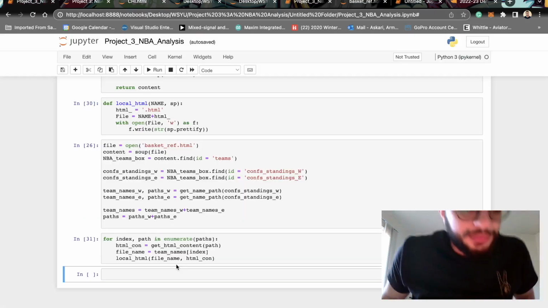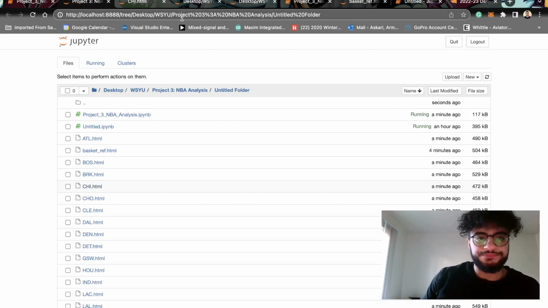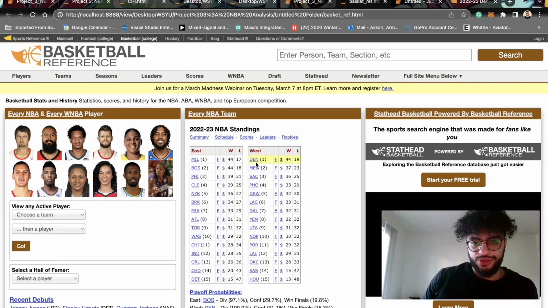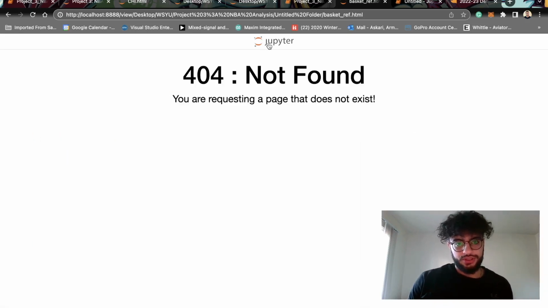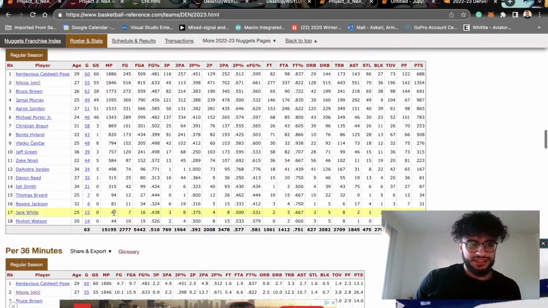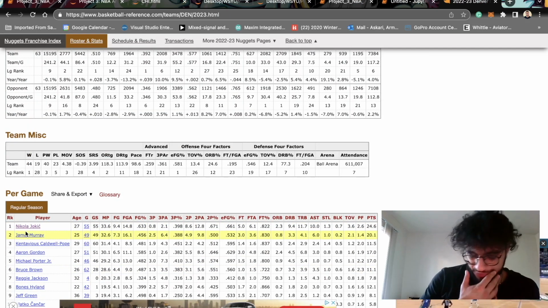Perfect. So I'm gonna stop right here, and then in the next video, I'm going to basically finish up this project. So task 3, which is going to be a little bit easier now that we have everything figured out, is just basically going to each team, because it's Jupyter Notebook, and then going to their per game stats. Basically, it's kind of like their summary,